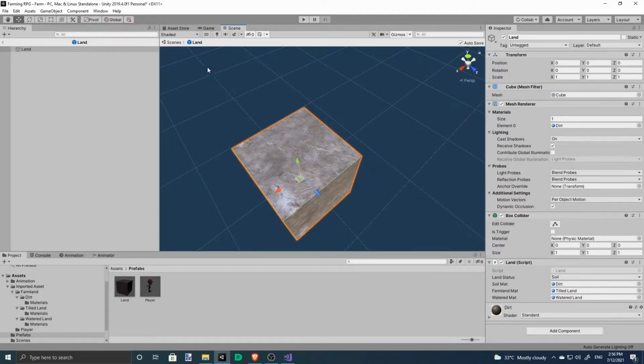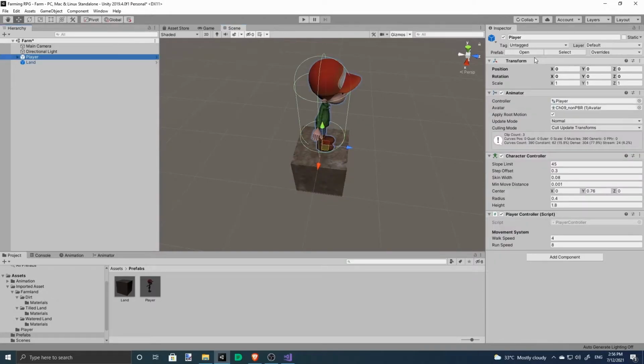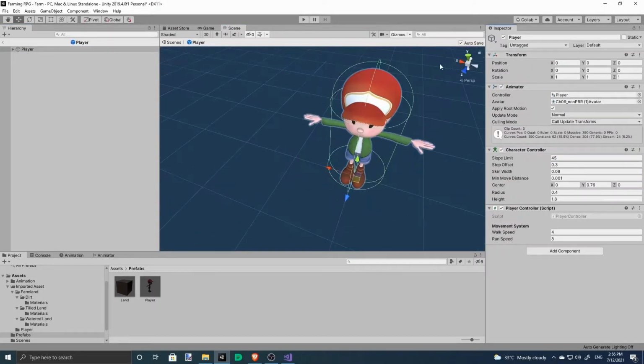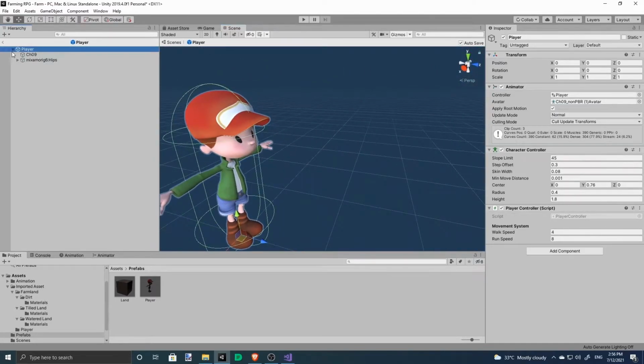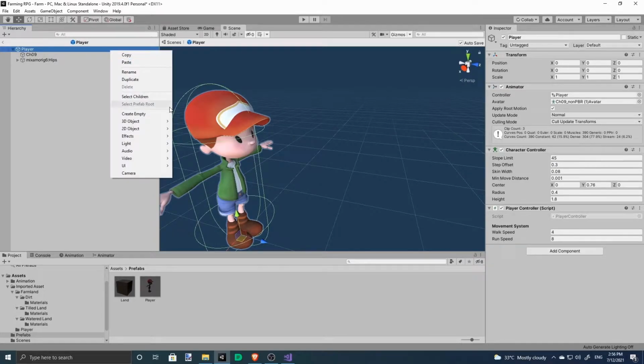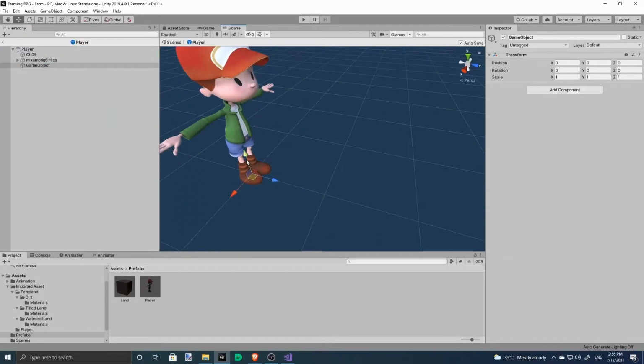So let's set it up. Let's go on to the interaction system. So on the player game object, let's make a new game object within the player. It's just going to be slightly in front of him.